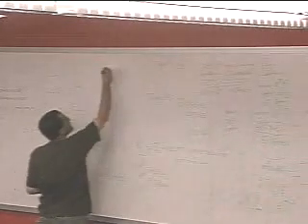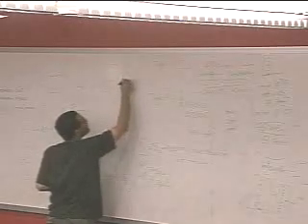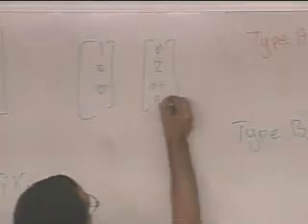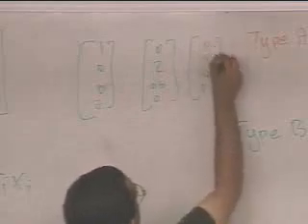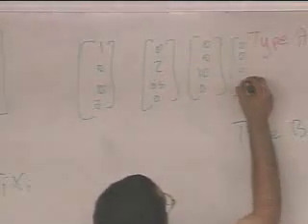The first one would be 1, 0, 0, 0, for example. 0, 1, 0. The second one would be 0, 2. It can be non-zero here too, but we don't care. The third one would be 0, 0, 10, 0. And the fourth one would be 0, 0, 0, 11.